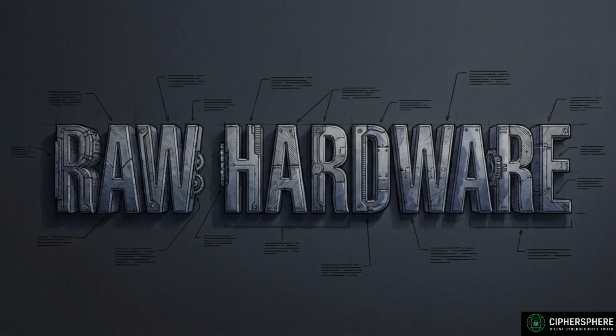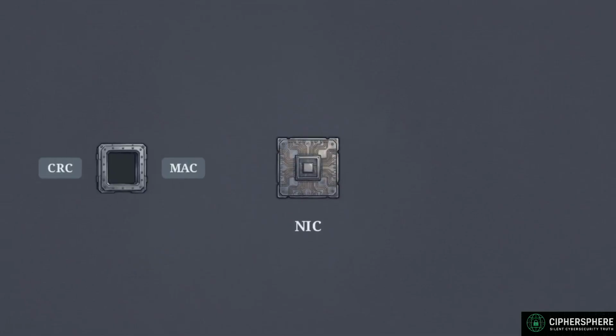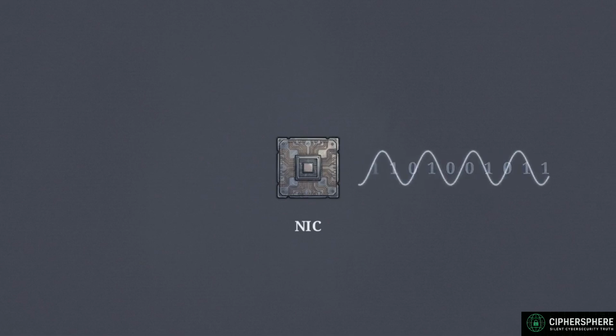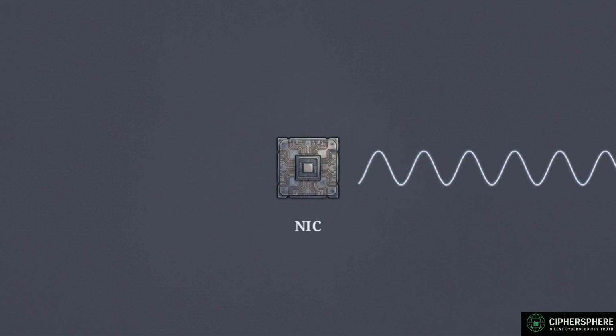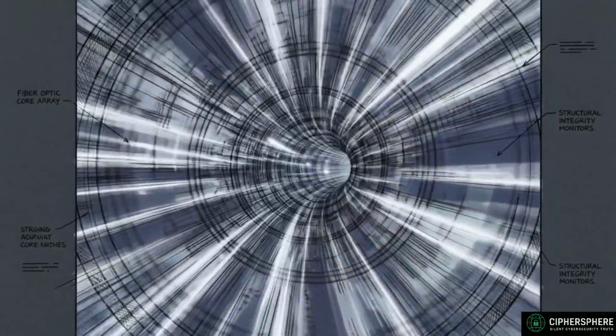Finally, the frames hit layer 1, the physical layer. Software abstraction ceases completely. The data must become pure physics. The network interface card translates the digital frames into raw binary bits, ones and zeros expressed entirely as alternating electrical voltages or radio frequencies. These bits surge at the speed of light, racing through the dark glass core of a